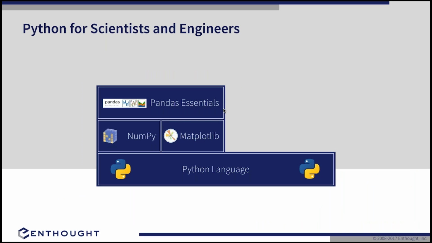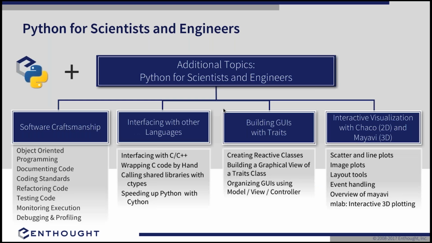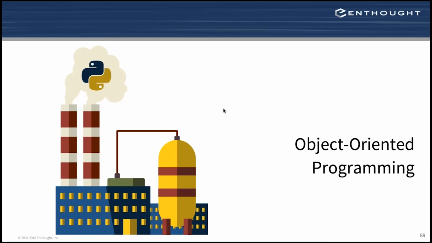All right, so that's the core stack, right? Python and the core scientific tools within Python. Then there are these more specialty tools for scientists and engineers that I've already alluded to. So one big area is software craftsmanship. We get requests for that all the time because people are writing code and it's being used by other people and themselves, and they know that they're not doing a great job with architecting it, but they don't know how to change that. So I already talked about two techniques that we introduced, like functions and modules as a way of organizing your code. A higher level is object-oriented programming, and we show you how to create classes and subclasses,